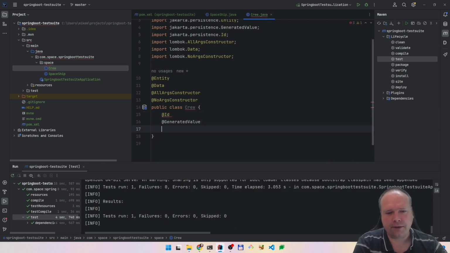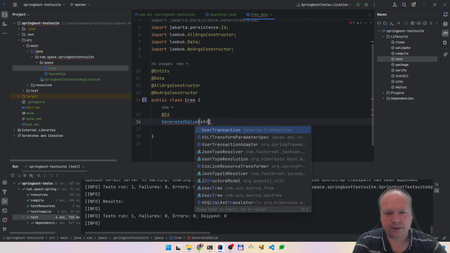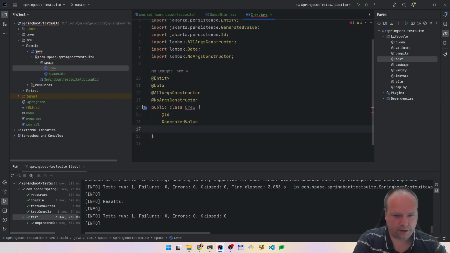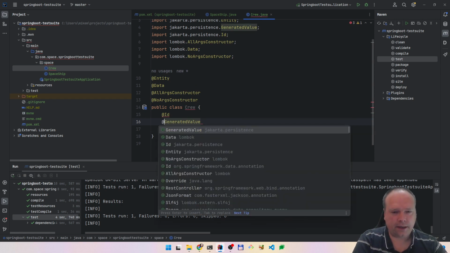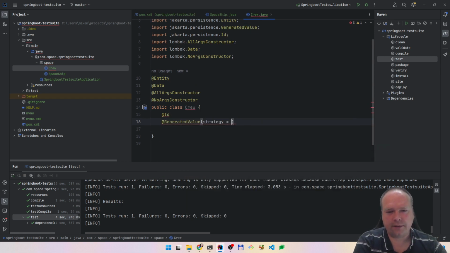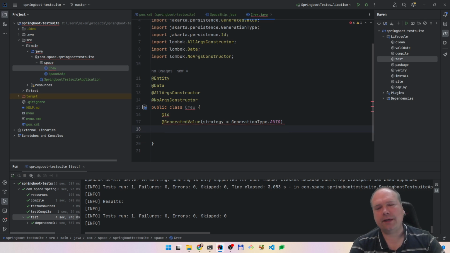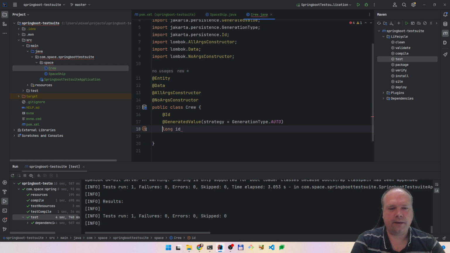We use a generated value, and if I don't give any strategy right here, then the strategy is per default, just so you know, auto. So this is the same as not giving any strategy at all. This means that Hibernate and JPA will actually choose your strategy for you. Okay, and here we have the long ID, and again private